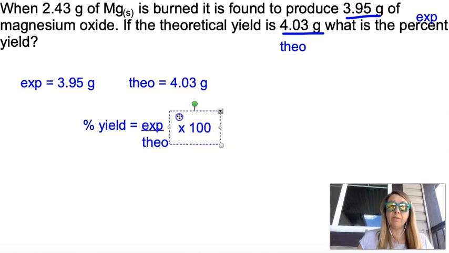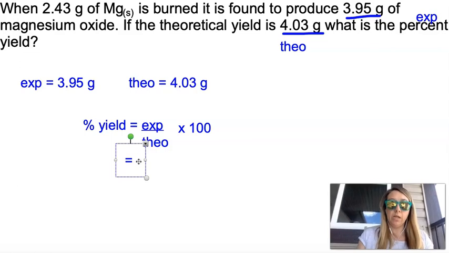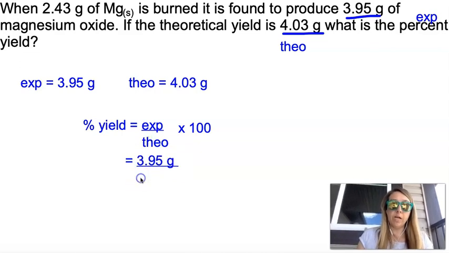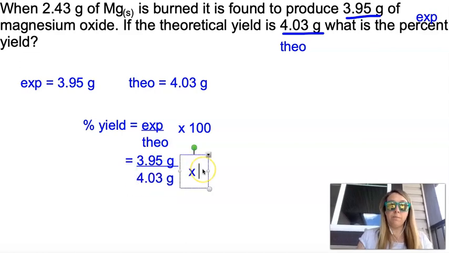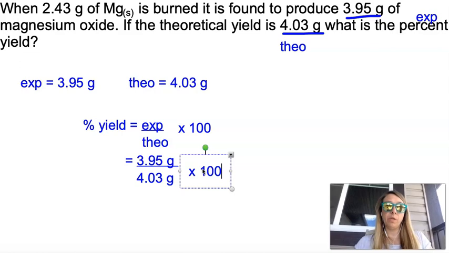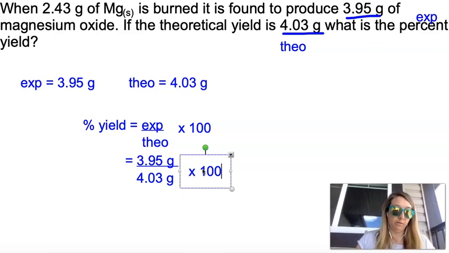Okay, and we basically have everything we need. So we just need to plug some numbers in and actually calculate this. So we're going to take our 3.95 grams. We are going to divide that by 4.03 grams. And then we are going to times by 100 because that's what we do when we are calculating percent. And we get